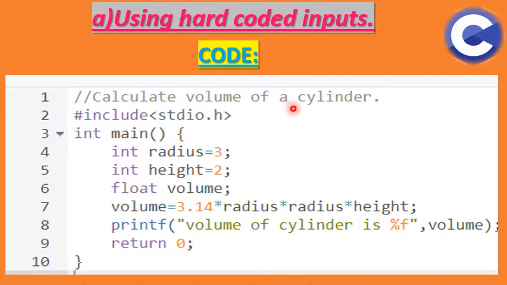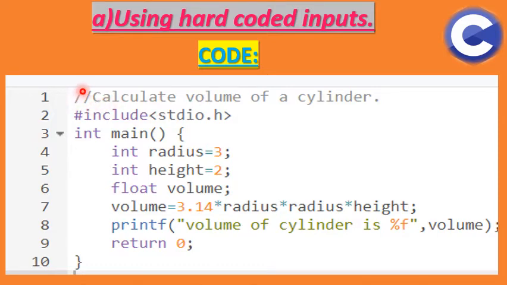The formula for the volume of a cylinder is pi r square h. So r and h, that is your radius and height, are required and their values will be already assigned. Just look at the two forward slashes, I wrote calculate volume of a cylinder.